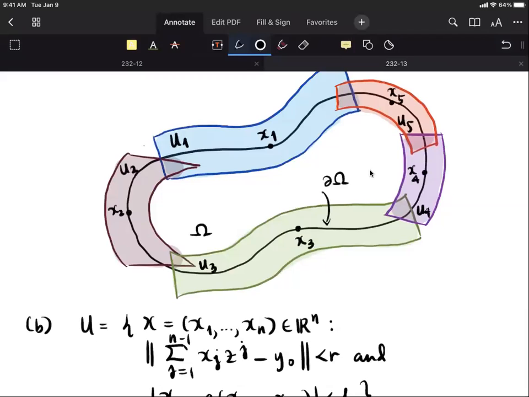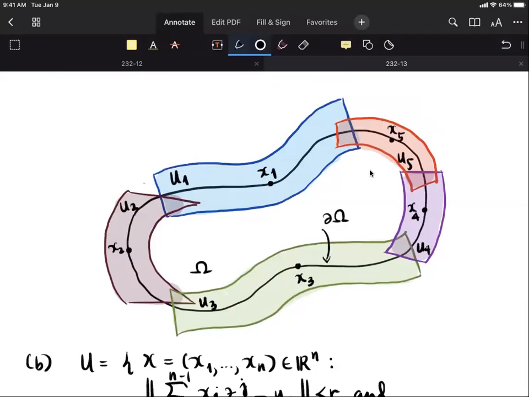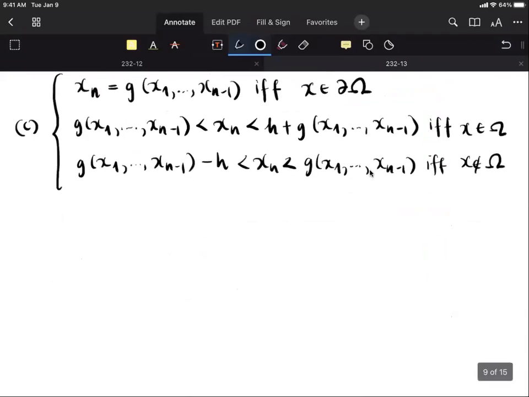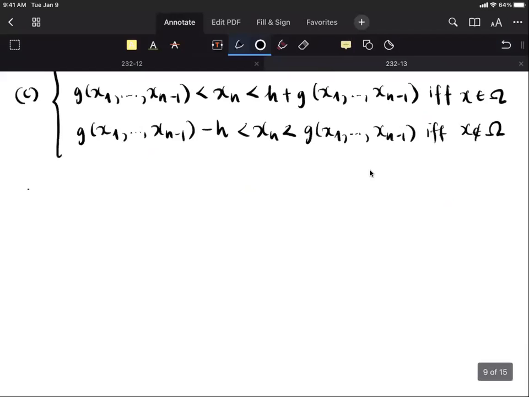And suppose that the union of these open sets u sub 1 up to u sub 5 covers the boundary. If that is the case, we shall call the domain a C1 domain. So more precisely, omega is said to be a C1 domain